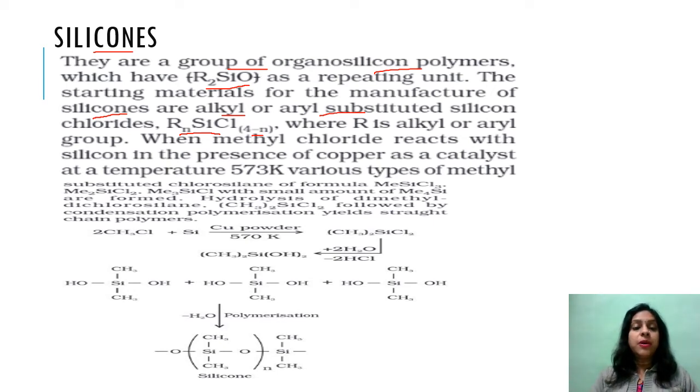For example, the methyl chloride when reacts with silicon in the presence of copper powder at particular temperature, that is 570 Kelvin, then it is forming dimethyl silicon chloride. ठीक है, on hydrolysis of this compound, hydrolysis करने पे इसकी डाइमिथाइल सिलिकॉन क्लोराइड की आपको क्या मिलता है, डाइमिथाइल silicon hydroxide with the release of two molecules of हाइड्रोजन क्लोराइड और हाइड्रोक्लोरिक एसिड।